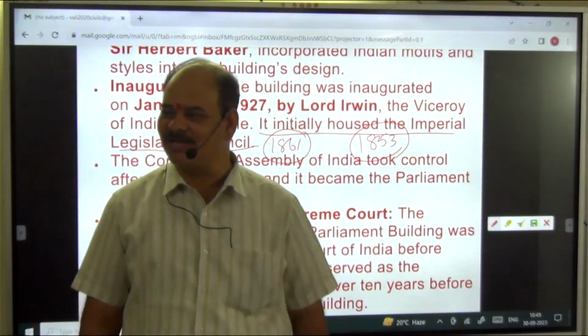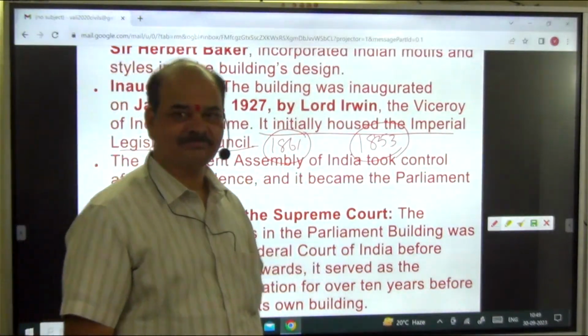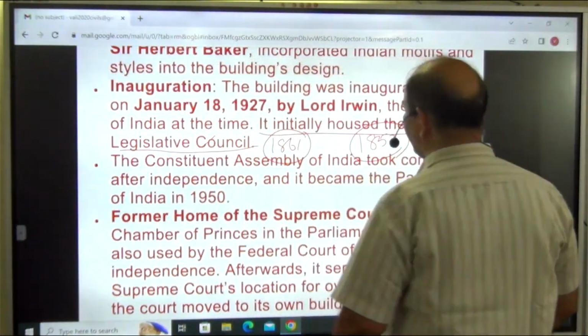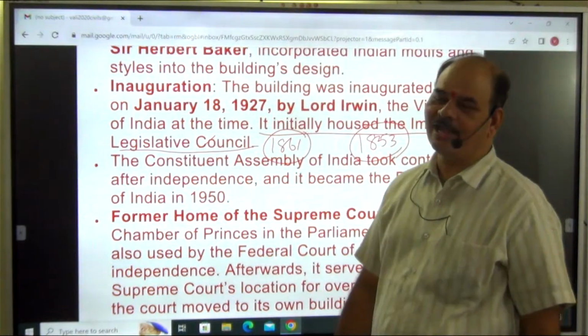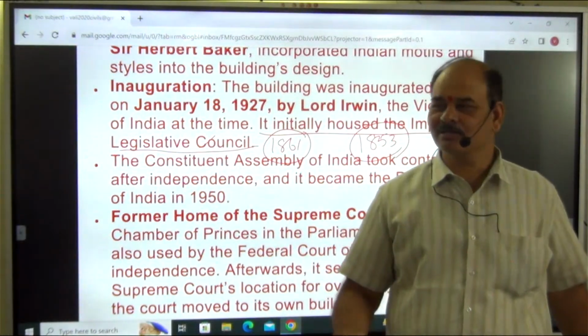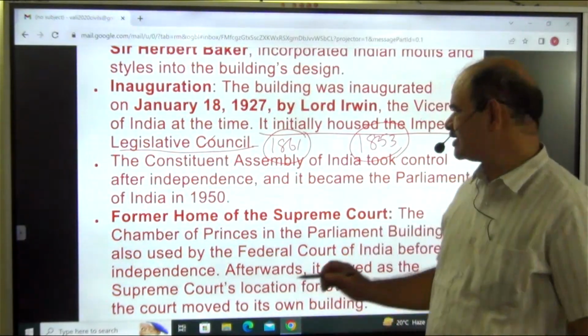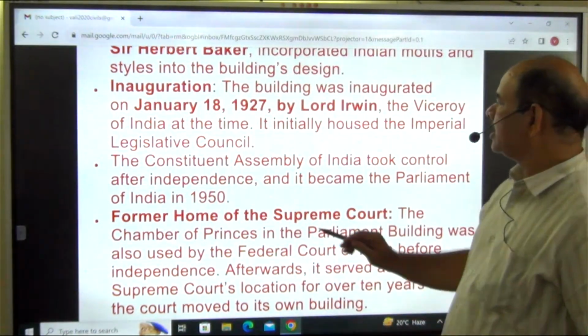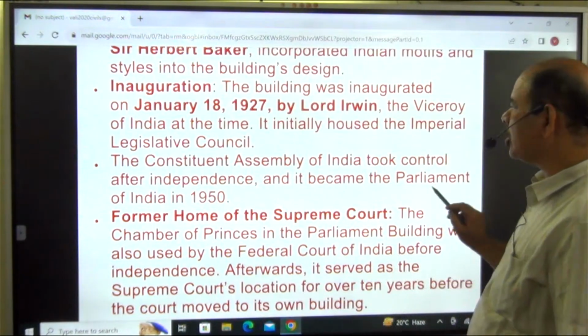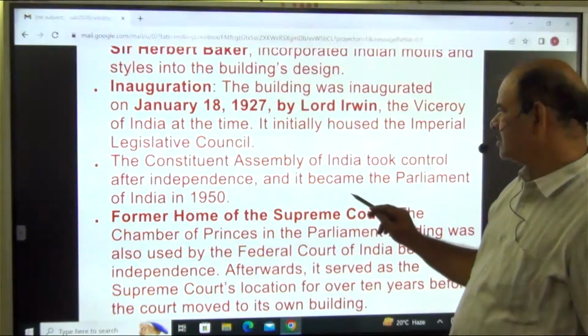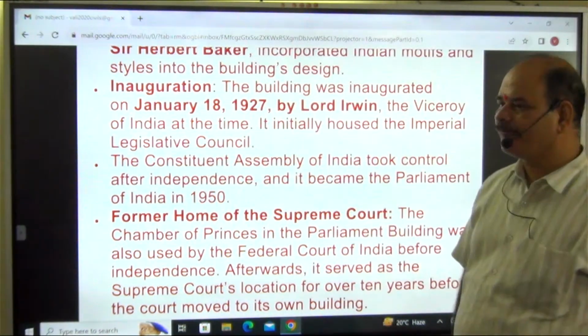Try to remember the things in this manner. Okay? It is how to recollect the subject and link it, then only you can remember the facts. These are all facts. Okay? Excellent. Now, the Constituent Assembly of India took control after independence and it became the Parliament of India in